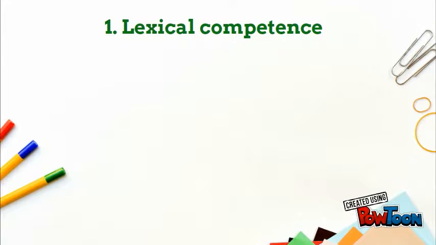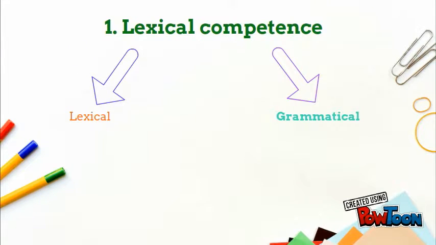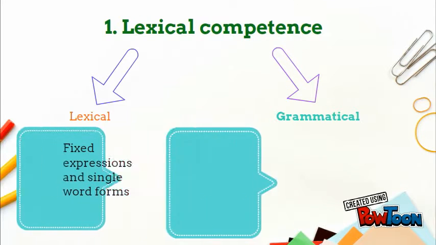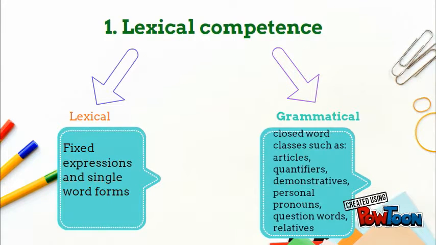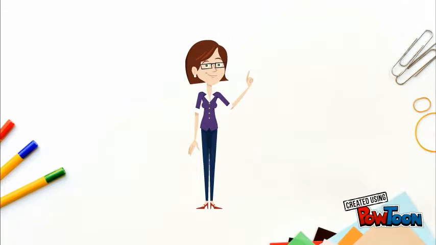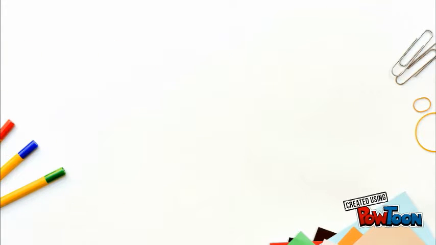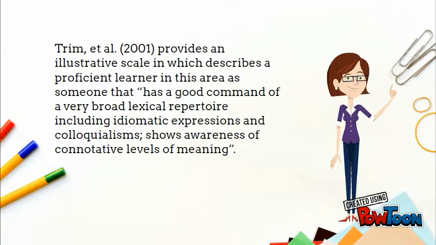The lexical competence is integrated by lexical and grammatical elements. The first element includes fixed expressions and single word forms. Regarding the second element, it includes the closed word classes such as articles, quantifiers, demonstratives, personal pronouns, and so on. Trim et al. 2001 provides an illustrative scale which describes a proficient learner in this area as someone